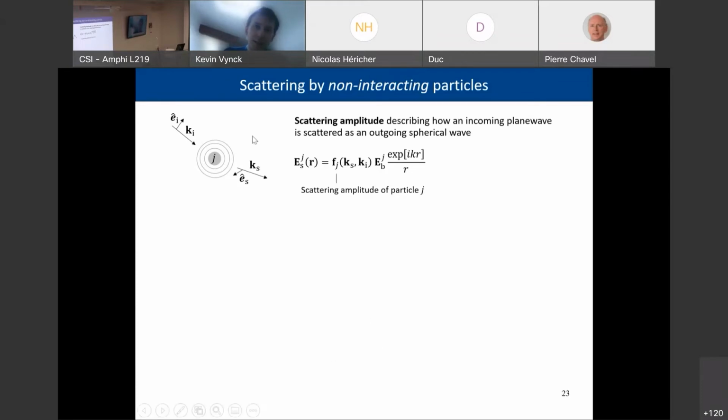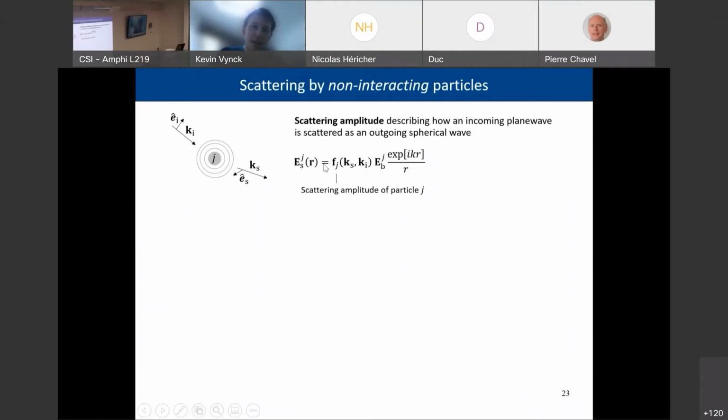So let me start by considering just one particle that is illuminated here by a plane wave, and I will look at the field scattered by this particle. I can define the scattered field in the far field by what is known as the scattering amplitude of the particle. The scattering amplitude is a quantity that describes how an incoming plane wave is scattered as an outgoing spherical wave. So simply, formally, I write that the scattered field, the field scattered here by particle j at position r